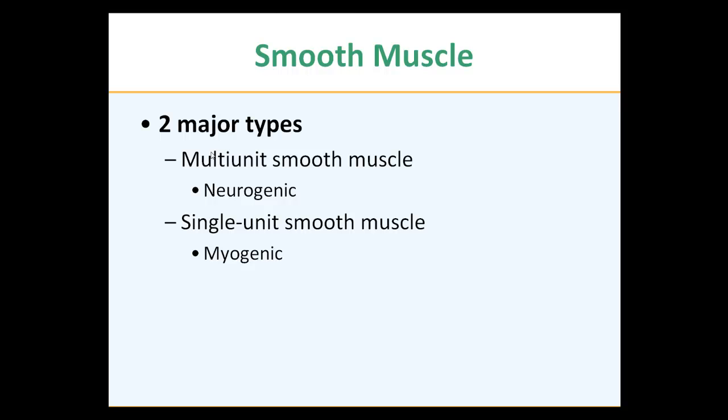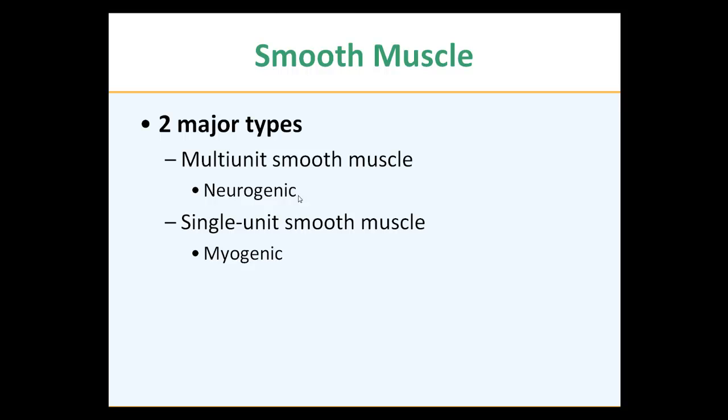You don't want either your arteries are relaxed or they are tight. You want all the shades, all the gray shades. It's not black and white. We need much better control. And because we need all that fine control in various degrees, you will see that those type of cells have to be regulated by neurons. So we call that neurogenic type, because they will be regulated tightly by neurons coming from the autonomic nervous system,